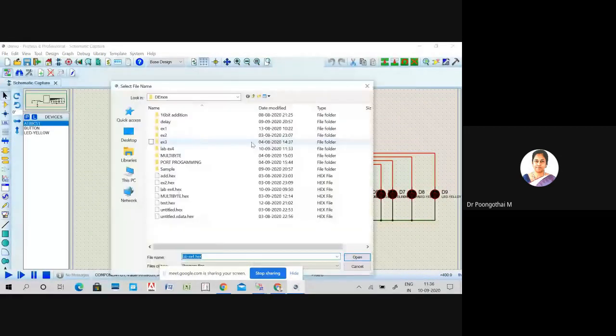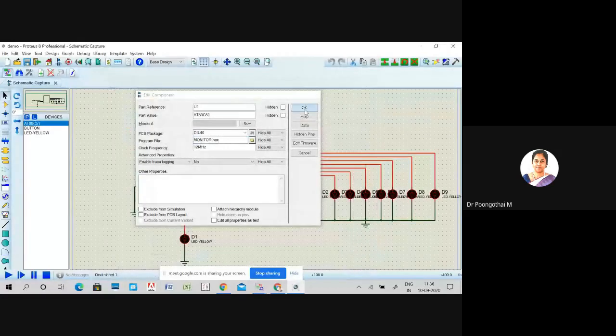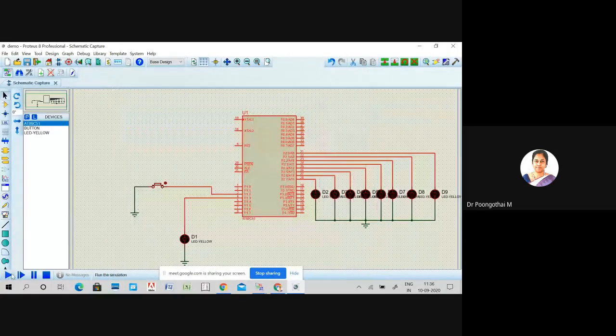So attach your hex code here. When the switch, that is the keypad, is pressed or opened, the LED is being toggled, otherwise it is switched off. Parallelly, 45 is written into P2.